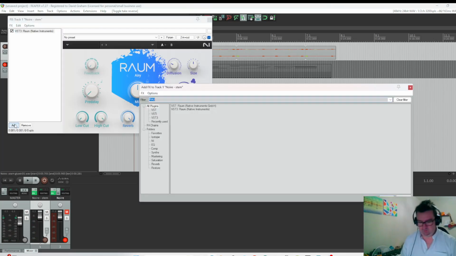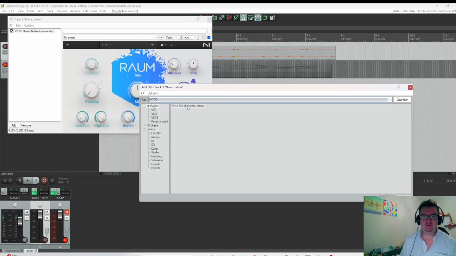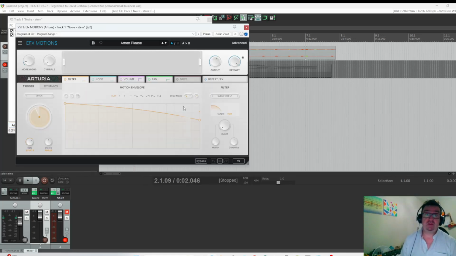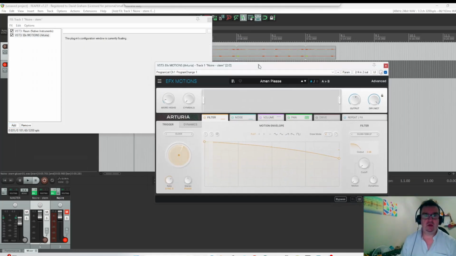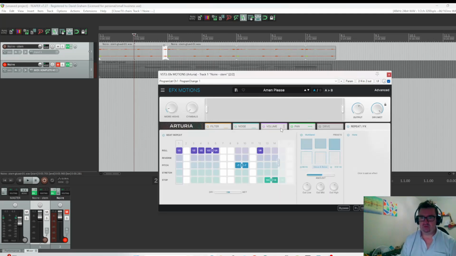I also used this plug-in from Arturia's Motions. Now this is a glitching kind of plugin, which I find quite tricky to use. It's quite complicated. There's a whole lot of different things working on cycles that go at different speeds. This is the preset that loads up, which I tend to use and just adjust a bit and take things out, but